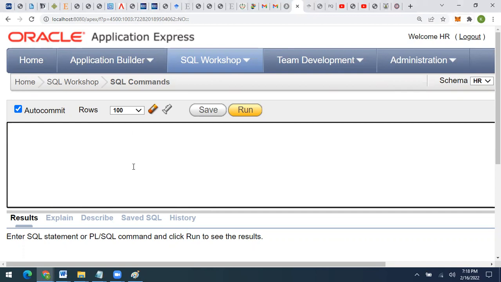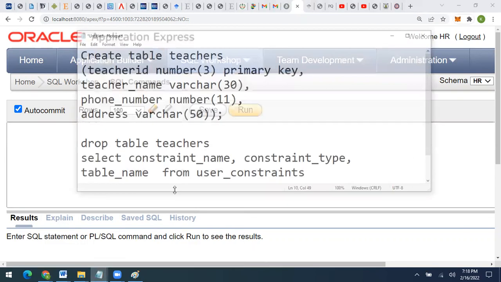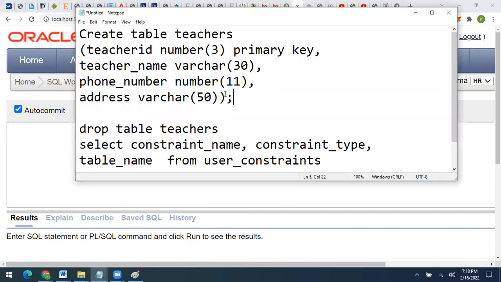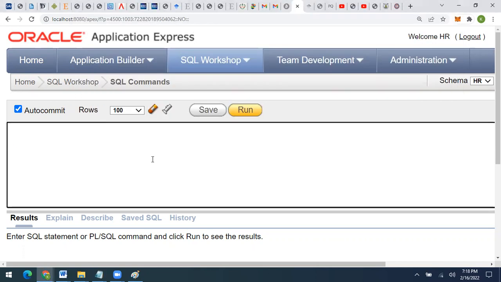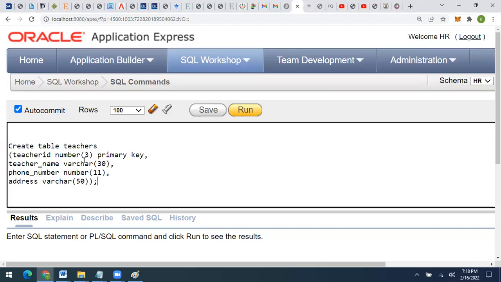I'm going to create a teacher table, and that table will have an attribute, a TID or teacher ID, and that teacher ID will be a primary key, and the primary key constraint will be without giving it a name. So the name will be given to that constraint by the Oracle engine. To create a table, I have used the create command, create table teachers, and this is the first